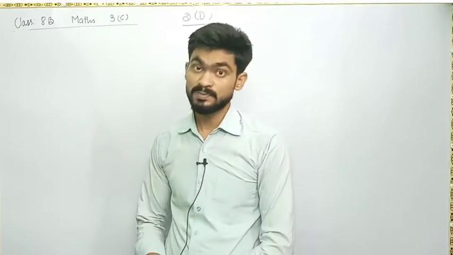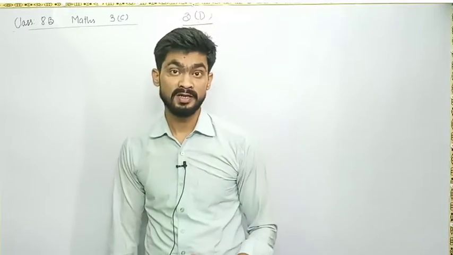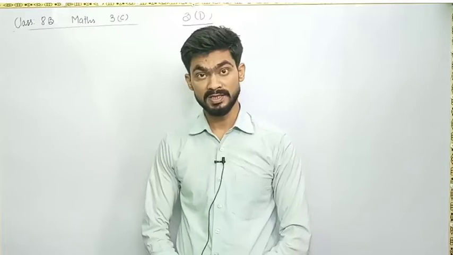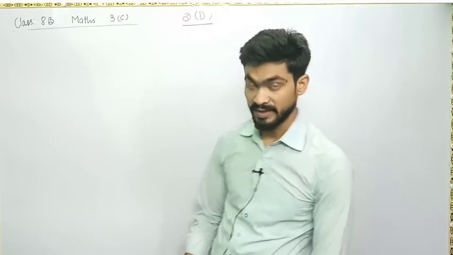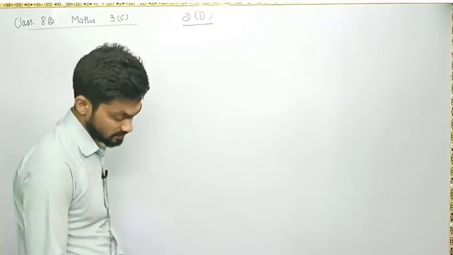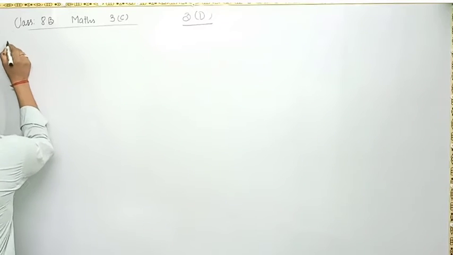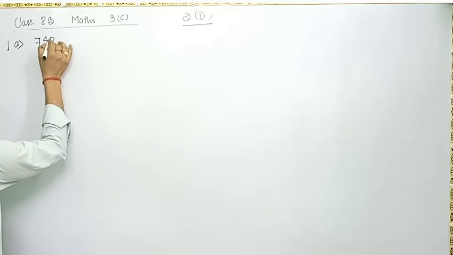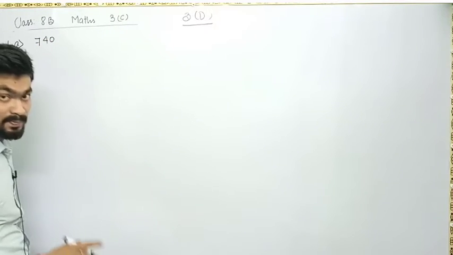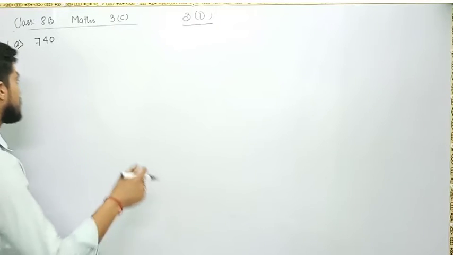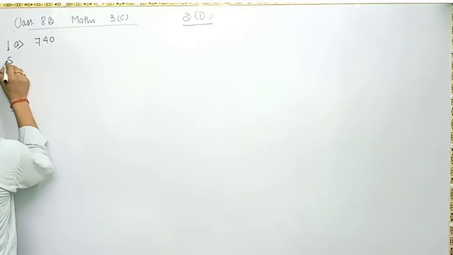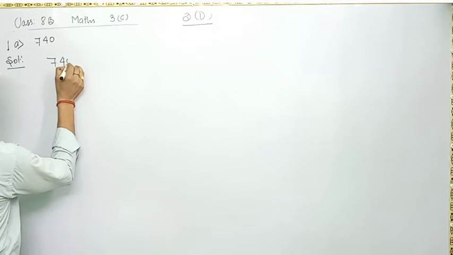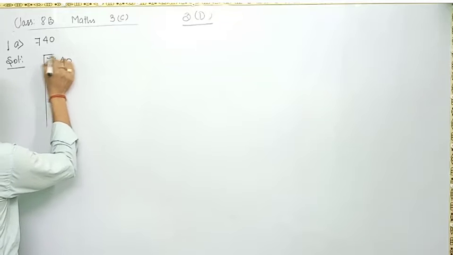So to add or subtract, we need to find the solution by the long division method. Keep in mind. So let us see how to find that number. First question I am taking, exercise first A, 740 is given to you. Find its square root by long division method. So right here in the solution part, 740, and start doing the division.